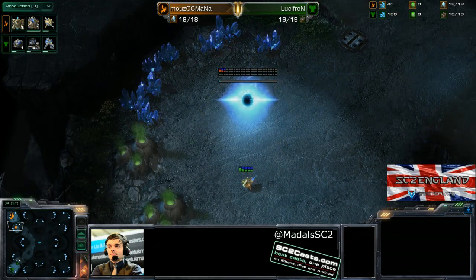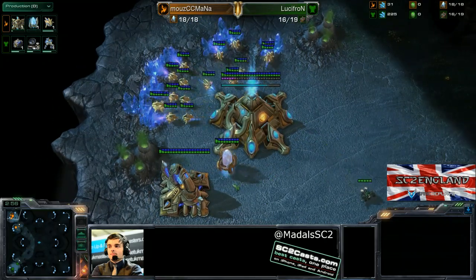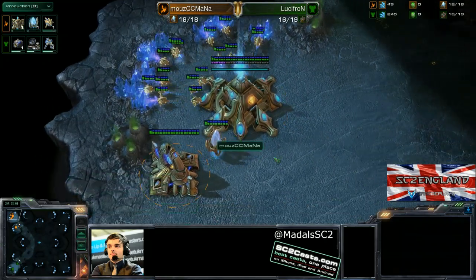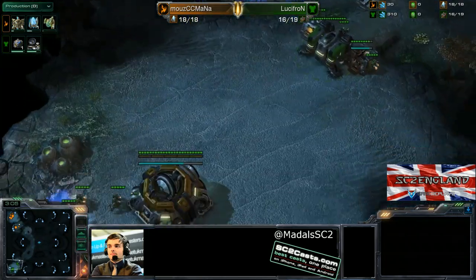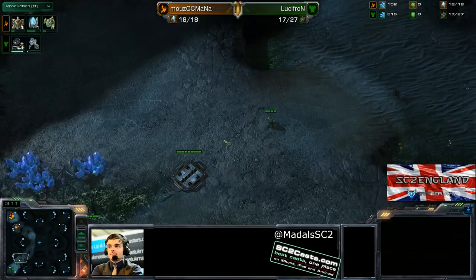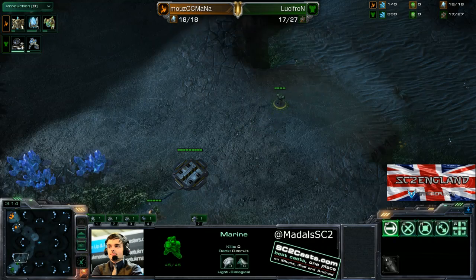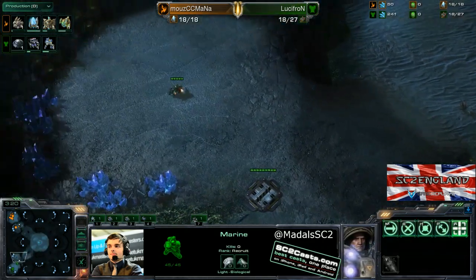I'm going to be dropping it like it's hot in the form of a Nexus, and yeah, he is straight away getting down his 1-gate Nexus without a cybernetics core, without any gas. He's just like, yeah, got a Nexus, what you gonna do? Come at me, bro. And LucifroN is indeed not going to come at him. He's going to sit there with the Marine. The Marine is tempted to move forward a little bit more, going to go and take the watchtower perhaps,